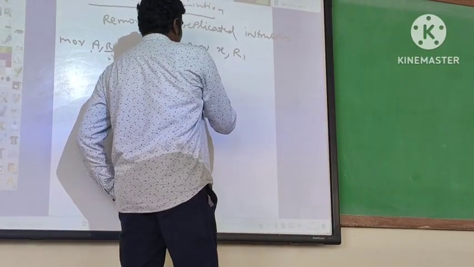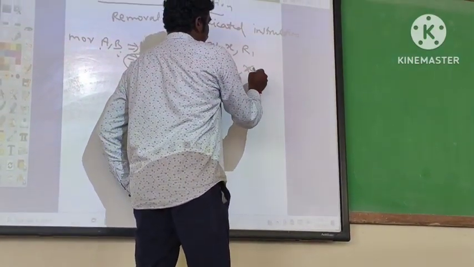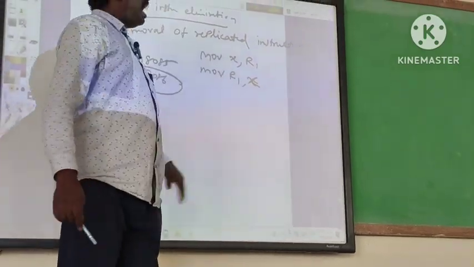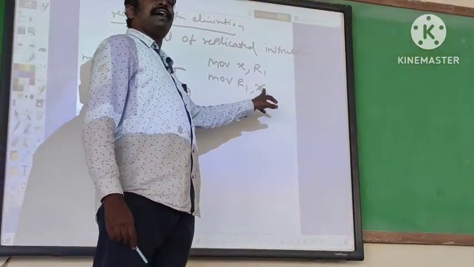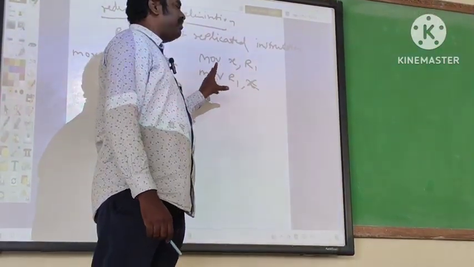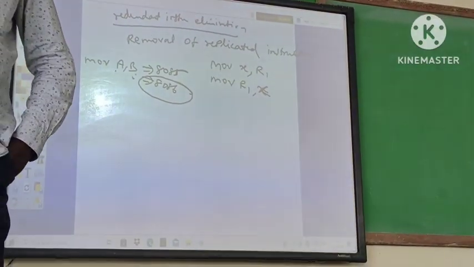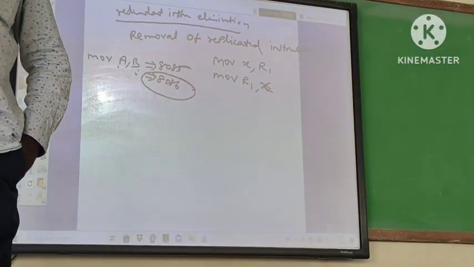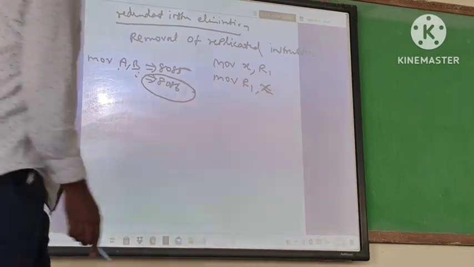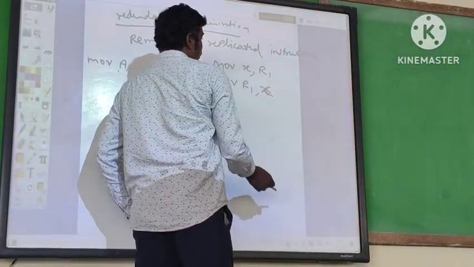Now once again I write MOV R1 comma X. The R1 value is moved to X now. If you closely introspect these two instructions, will both have the same value or not? Both will have the same value. The X value is moved to R1 and R1 is again moved to X. So there is a